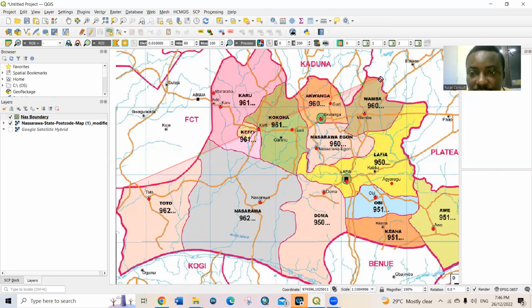Digitizing can be very tedious depending on the kind of feature that you want to digitize. So you have to be very patient and follow it like that, so that it can properly give the shape of the feature that you are interested in. So just follow me gradually. I'll try to be as fast as possible. But when you're doing your own, make sure that you are very, very meticulous in creating that. So you can see now,